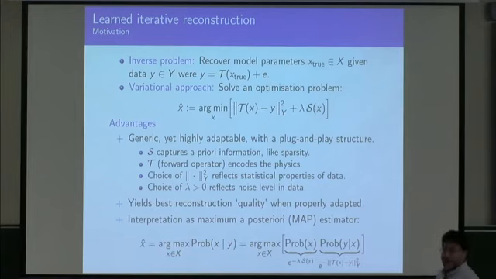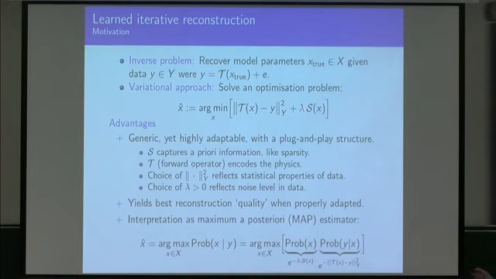The forward operator is, of course, depending on the physics of your experiment. The choice of this norm, I've written this as a norm. It doesn't have to be a norm, actually. In the Poisson case, it's a Kullback-Leibler type of discrepancy term. So essentially, the choice of the distance, or let's say, in a weak sense, depends on your statistical knowledge about the statistics. And of course, the lambda here should reflect the size of the noise, right?